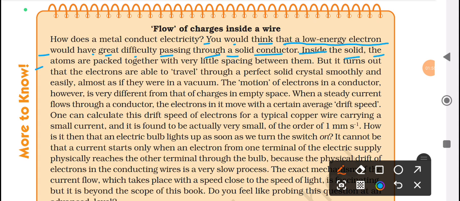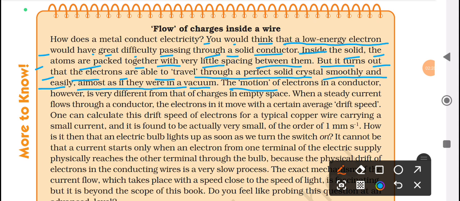Inside the solid, the atoms are packed together with very little spacing between them. But it turns out that the electrons are able to travel through a perfect solid crystal smoothly and easily, almost as if they were